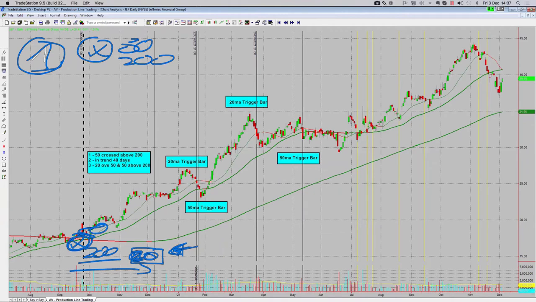I can validate, is that optimal? Again, it's a little bit of a generalization. What I don't want to do is curve fit. I don't want to fit the strategy to the data to pull out the perfect tops and bottoms. That would be a bullshit way of using automations. I just want to validate a range, a generalization that I can use across the board. So I'm going to bring that down to 20 days.